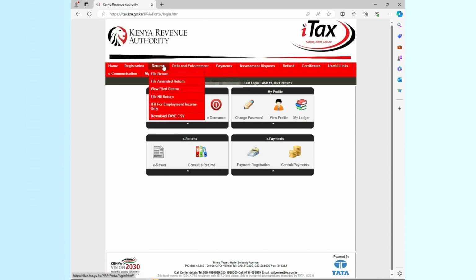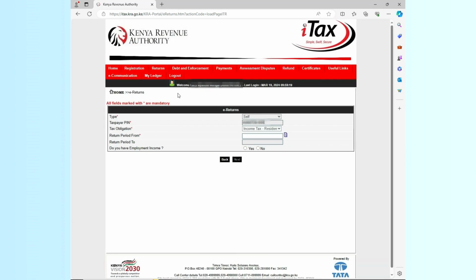First, I'll take you through how to file using the populated system. That is under ITR for employment income only. Then I'll go under return, then I click under the ITR option. So I'll wait for the system to load. Then it will take me to the e-return page, where I'll select the period of the returns that we are